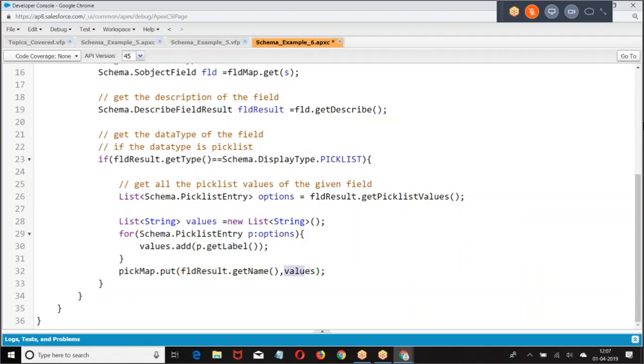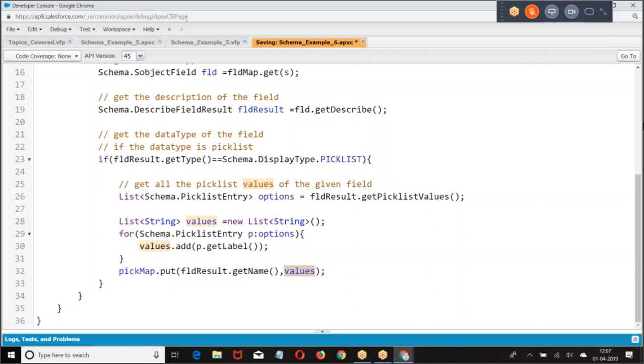Field name is the key, list of options is the value. Industry, corresponding list of options. Type, list of options. So what I'm doing, get me all the pick list fields, and every pick list field should have a corresponding list of options.